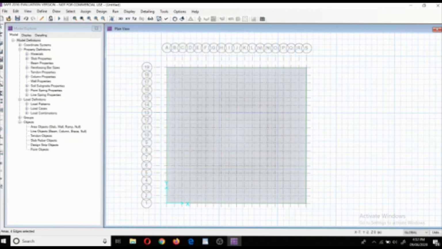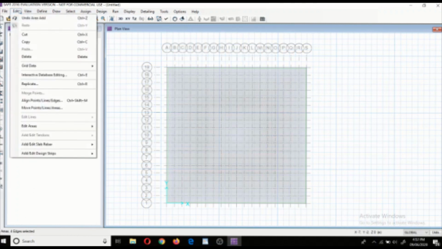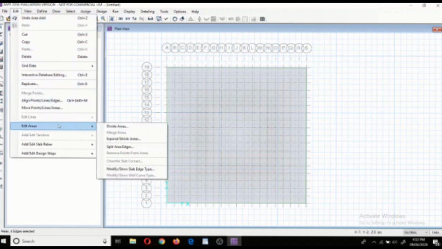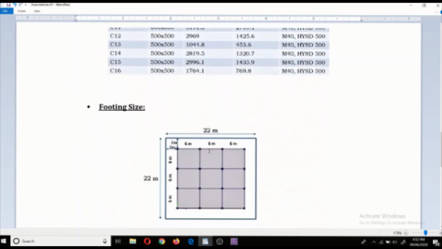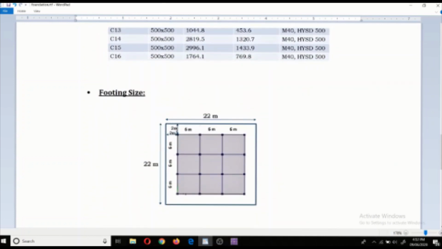After that, select footing, click on edit, click on edit areas and we have to expand footing by 2 meter. As we discussed earlier in the problem, for the mat footing we have to expand by 2 meter.